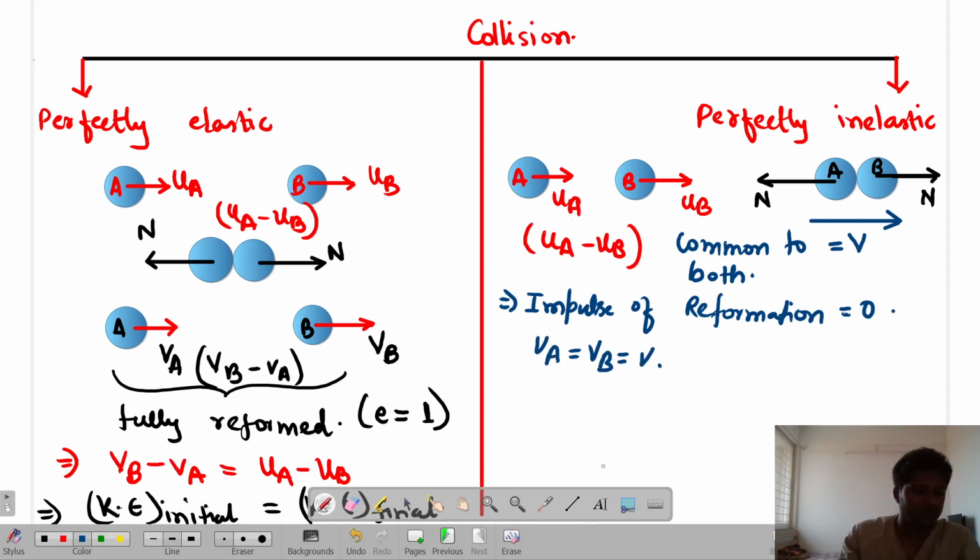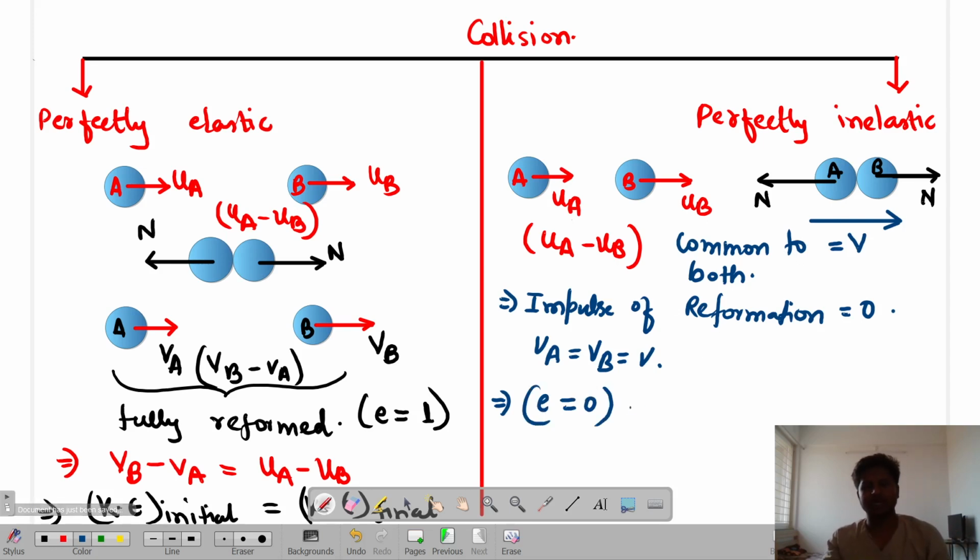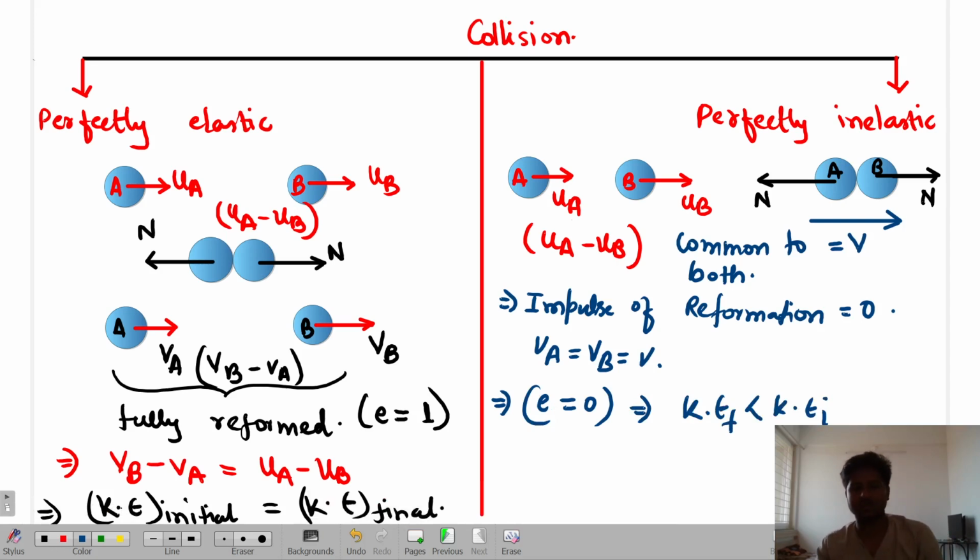Now if you look over here, in this case, initially the bodies were having different velocities and different kinetic energy. One was having maximum, another was having a little bit less, minimum. But when they have common velocities, what do you see? This implies that e is exactly equal to 0. And this implies one of the most important cases, that kinetic energy final is less than kinetic energy initial. Why? Because finally they have the common velocity. No one is having maximum velocity or minimum velocity. Are you able to get me or not? So this is that case where we have the maximum loss of kinetic energy.